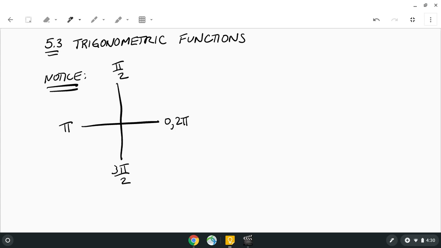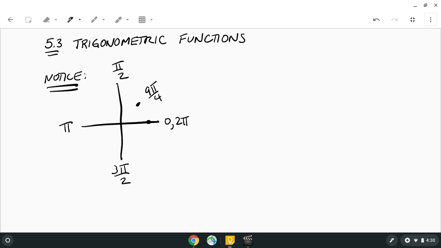And if we keep going around and around and around, it doesn't really matter if I'm at 2 pi and then I go a little bit beyond 2 pi, right? If I go, let's say 1/4 pi beyond 2 pi, so 2 pi and 1/4, okay, so 9/4 pi,